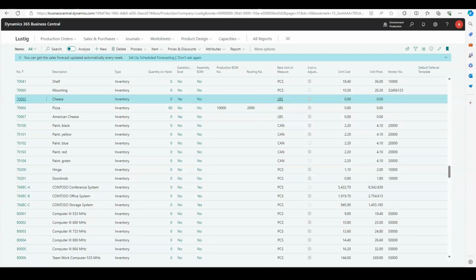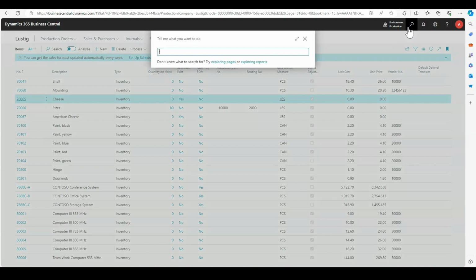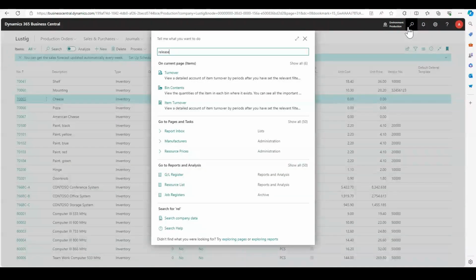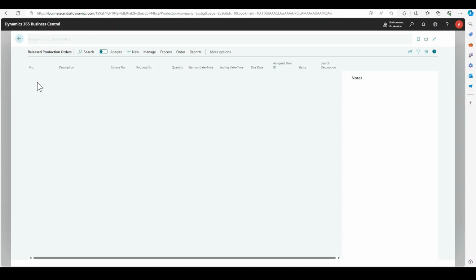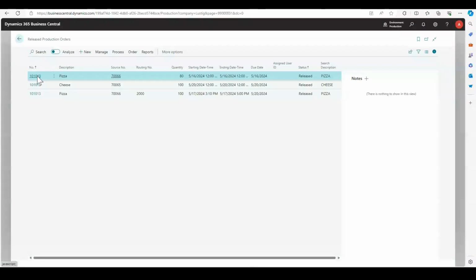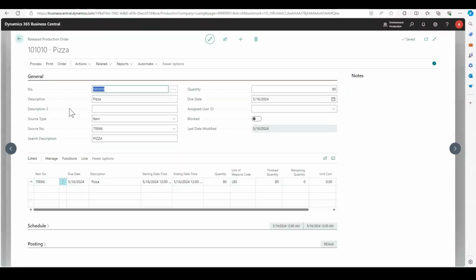I'm now going to highlight a cool feature on the release production order screen. So previously I've set up, you can see cheese as my raw material and pizza as my finished good. If we global search for released production orders and we drill down into my production order for pizza,